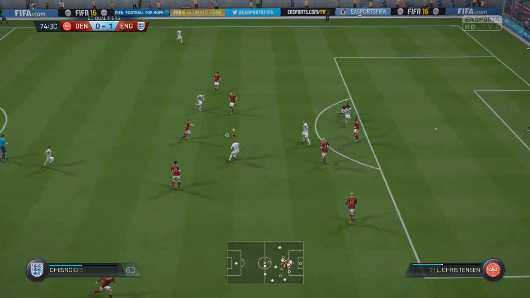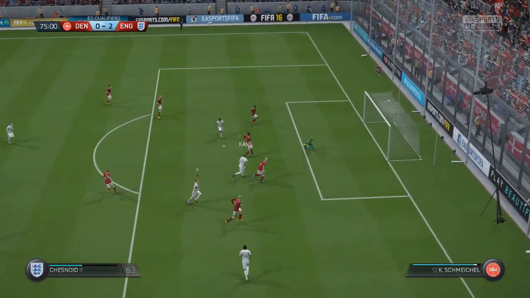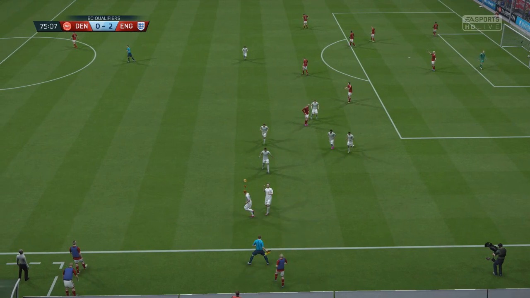Henderson, I'll call for it through this gap. Could give it to Harry Kane. Go on then, we'll try to. He's outmuscling Simon Kjær. Harry Kane, bang. That wasn't the best of balls from me. I basically kicked it straight at the defender. But Harry Kane, been on the pitch 5 minutes and...